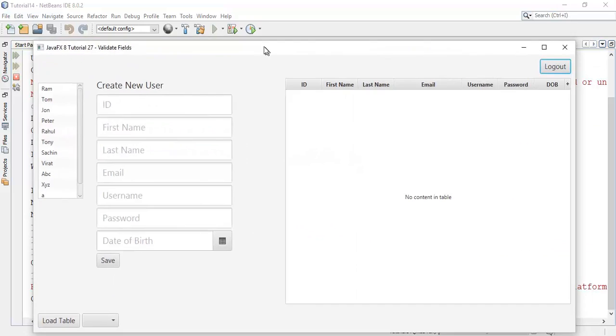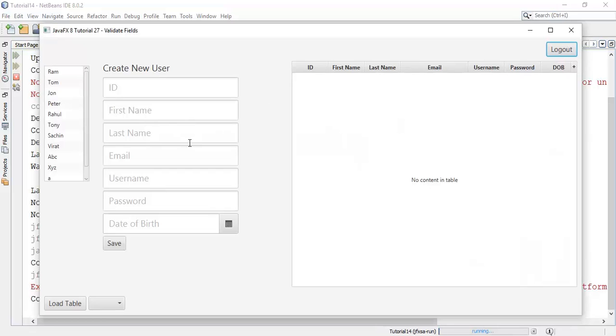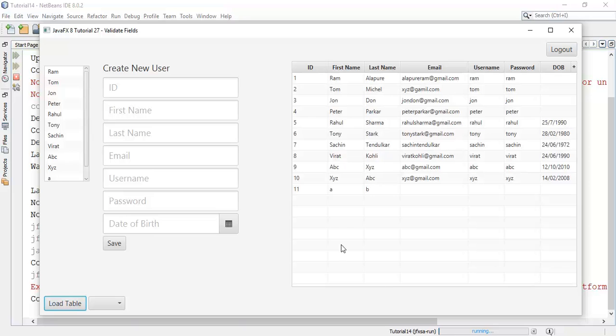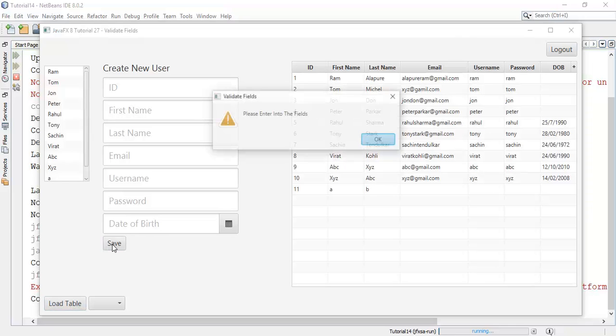Initial username and password Ram and Ram. Now these all are empty. Now I'm going to check whether the validation is working or not. So I'm going to press save. Before that I load the table. Now save. As we can see, these are all empty, and here the message is please enter into the fields.